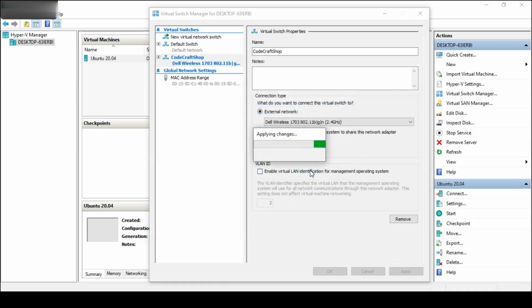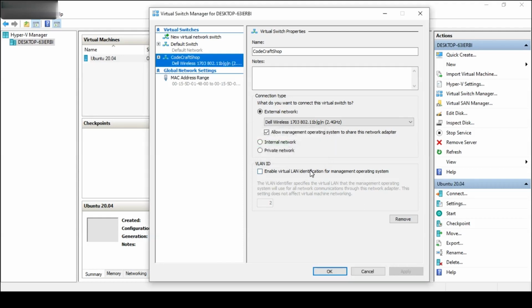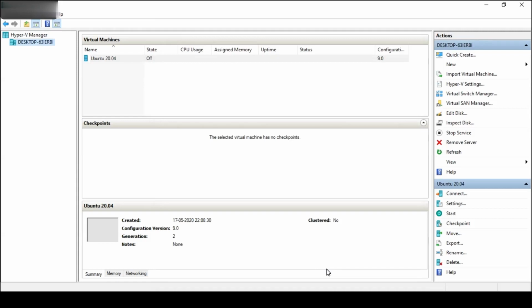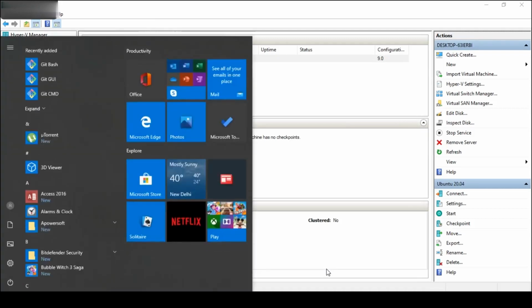It is applying the changes, and once it applies the changes, I will click on OK, and then I will show you that I am still accessing my internet services. The virtual switch has been created, and I'm clicking on OK. Now let us verify whether it is working or not.